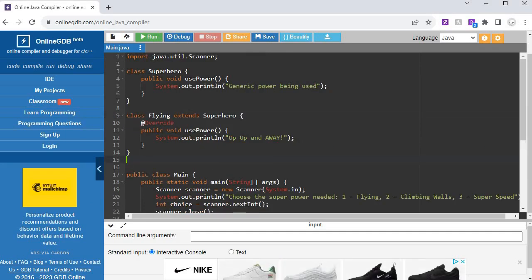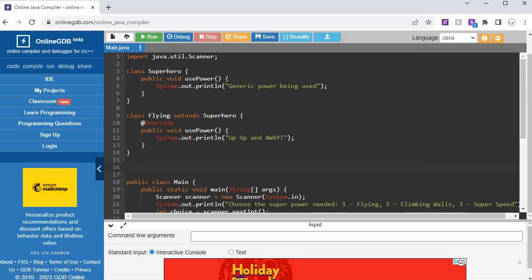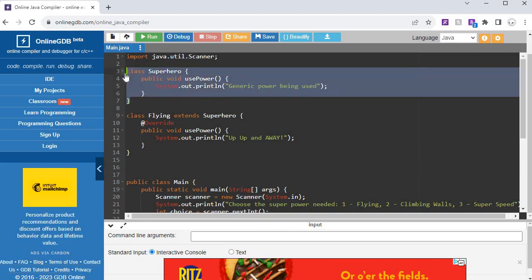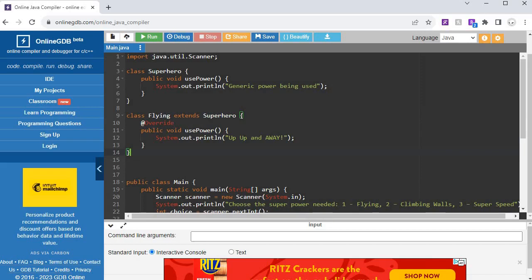Here's my flying class. It's going to be an extension of my superhero class, which is my superclass. By extending it, I'm taking all of the capabilities of this class and putting it here. This is basically my template. This superclass up here is basically going to be my template for all of my classes that extend it. The only couple differences are, of course, the name and what's printed, and then also this curious little command here